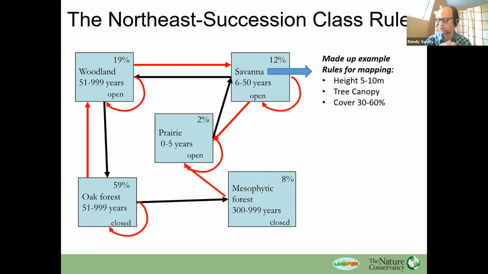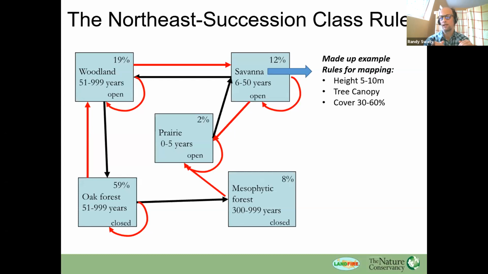I didn't look this up. These are just ones I made up. So if the savanna is defined as having tree height of 5 to 10 meters, canopy closure of 30 to 60%, and we see that combination in our data sets, then we would give that pixel a label of savanna, which would be a letter name, such as B, super meaningful letter B.